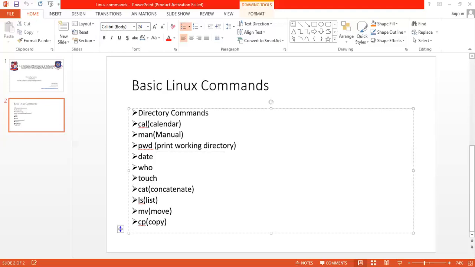So the syntax of touch command is what? touch file 2 space file 3 space file 4. So with the help of touch command you can create multiple empty files. Okay, so you can see ls shows me the list of the existing directory. So file 2, 3 and 4 exist over here.